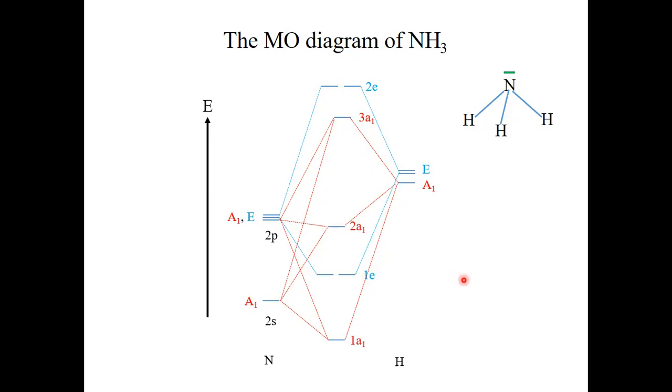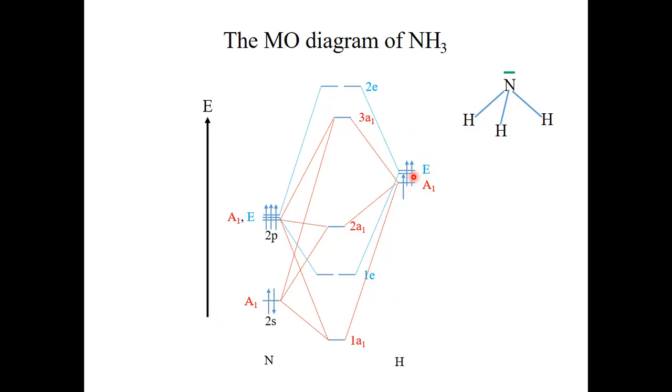So now we see we have constructed all of our molecular orbitals. There's no other symmetry type to consider, but we still need to fill the electrons into the molecular orbitals. So now, how many electrons do we need to consider? Well, the nitrogen has 5 valence electrons. 2 are in the 2s, and 3 are in the 2p. The 3 hydrogens have 1 electron each, so that gives overall 3 electrons. So that means that we overall have 8,